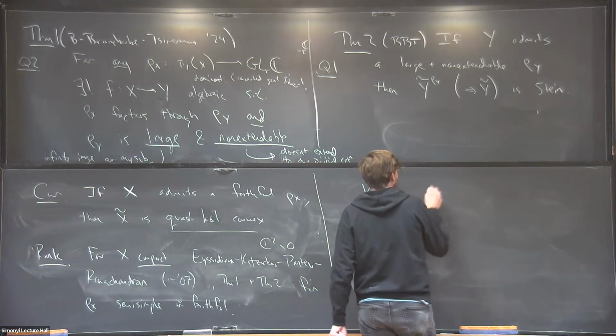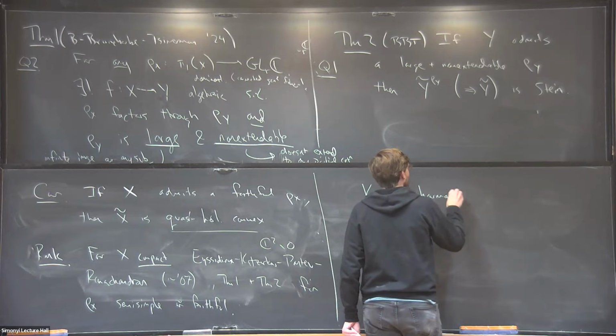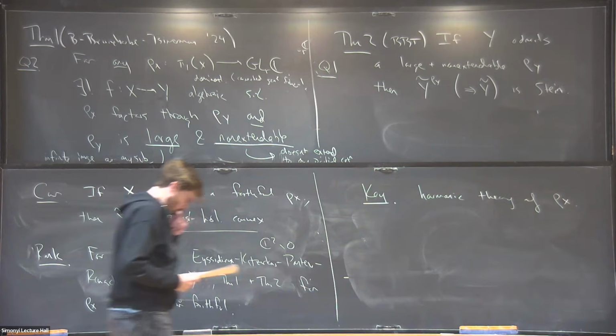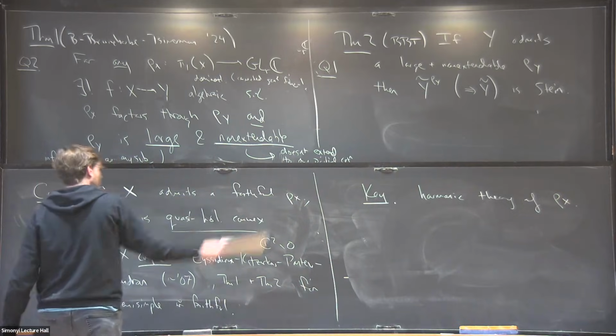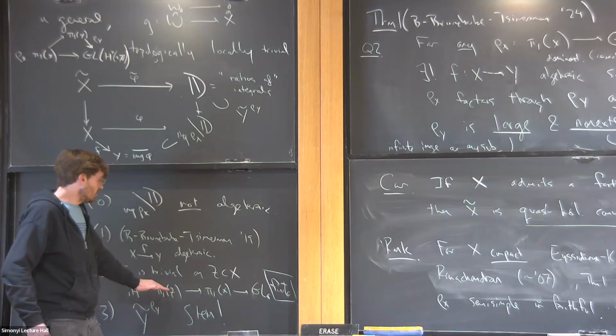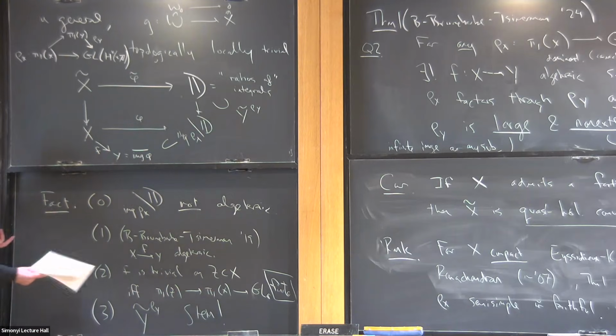So the key point is to understand the harmonic theory of representations of the fundamental group. Why is that coming up? Well, that goes back to point 2 over here: the relationship between the map being constant and the monodromy being finite is ultimately an expression of a maximum principle. It produces some bounded harmonic functions on an algebraic variety, which are then forced to be constant. And that's built into what's going on here.